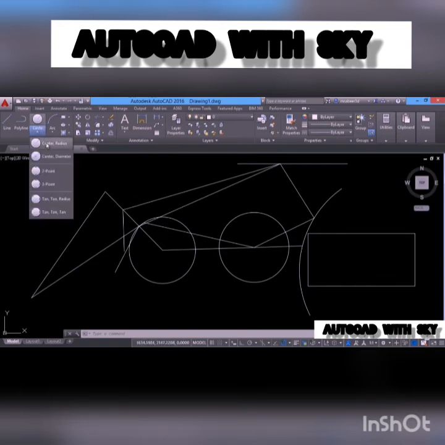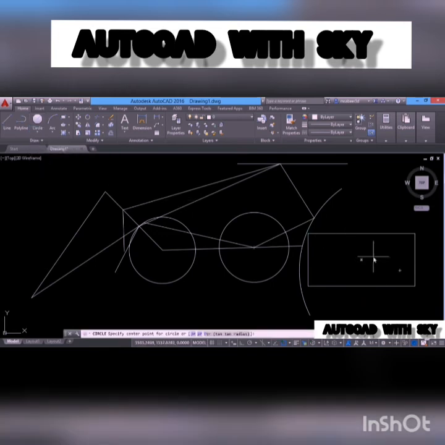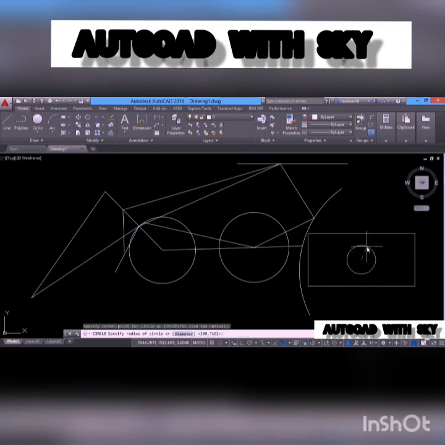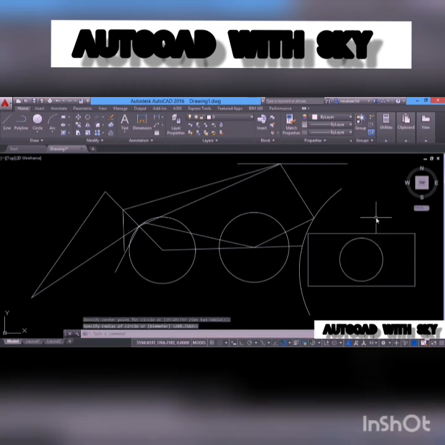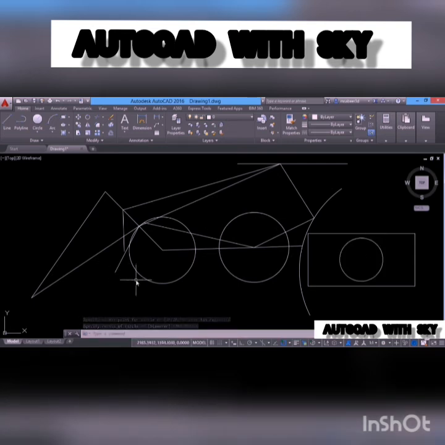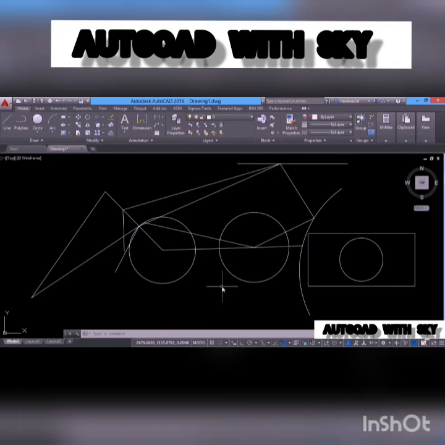So I'll click on the circle command and take center radius option. The moment you bring the cursor onto the rectangle, the geometric center is identified. This particular symbol represents the geometric center. Just click there, the center is identified and you can drag to specify radius. The same option can be used to get the geometric center, which we call as a centroid of any irregular shape.